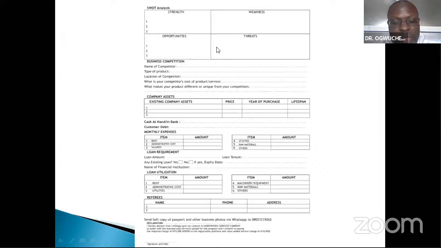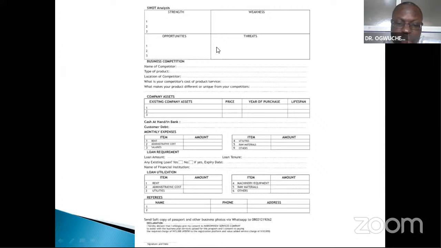Loan utilization. How do you intend to utilize the loan? Given the loan, how much are you going to spend on rent? Okay, how much are you going to spend on administrative costs, on utilities, machinery, raw materials, etc. We'll be looking at the main loan application form subsequently, and we'll be discussing it again at this particular session in